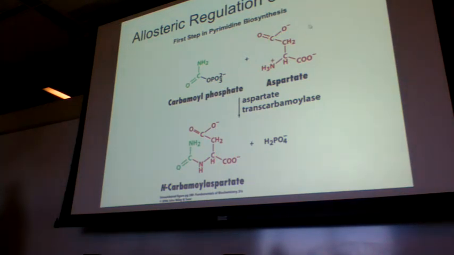So ATCase, this particular enzyme is at the first step for the synthesis of pyrimidines in general, and that includes uracil. And this is a reaction that we will actually not talk about in the second semester. I skipped the whole nucleotide synthesis because we just don't have time. But it's a great example of allosteric regulation, and it's going to be a good example of feedback inhibition. So basically, transcarbamylase, that kind of tells you what it's doing. So it's a transferase, and it's transferring a carbamyl